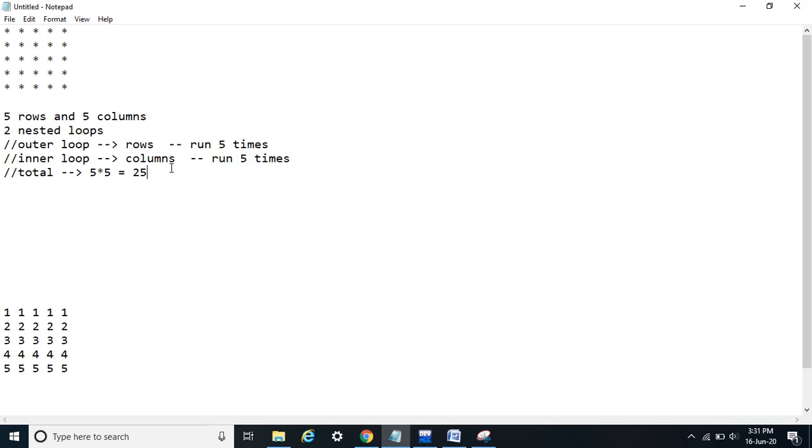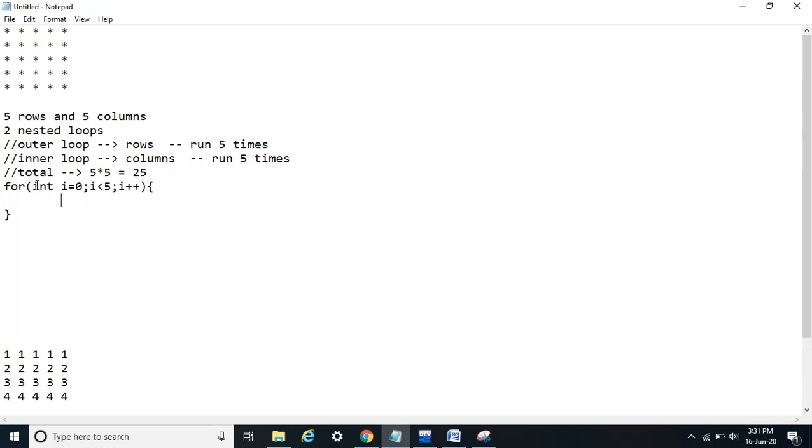Now how will we build the logic? So it is very simple. We need to run the outer loop 5 times. Okay, so it will be something like this. It will run 5 times. All right.